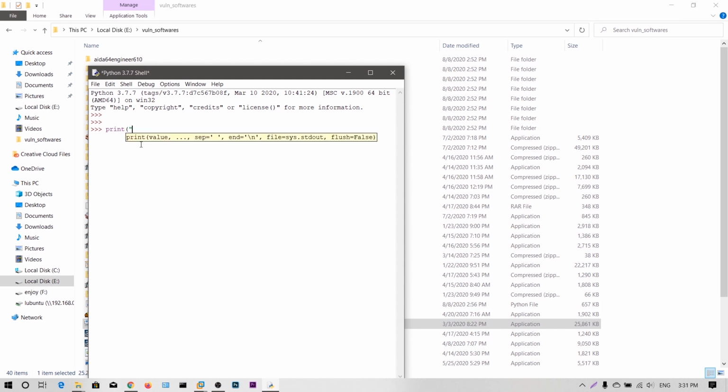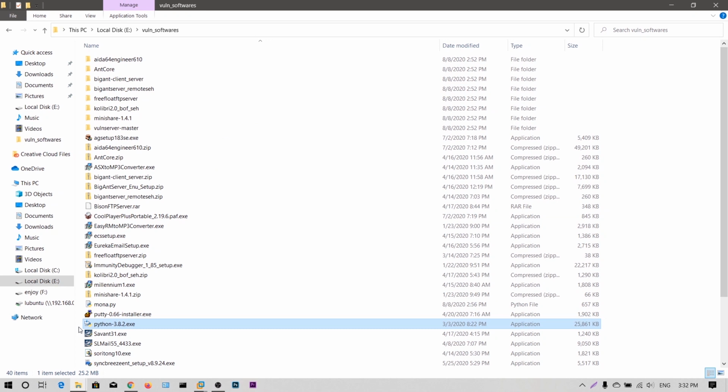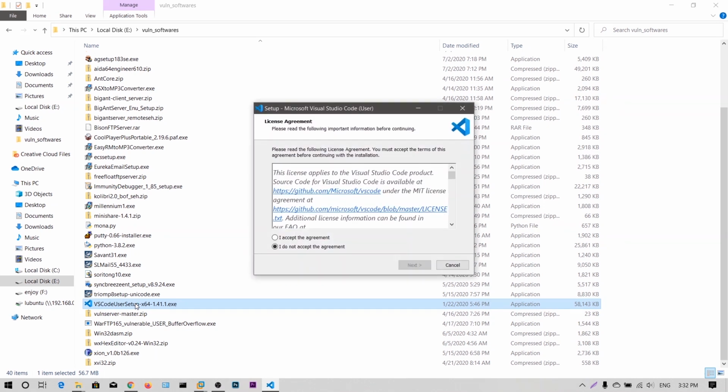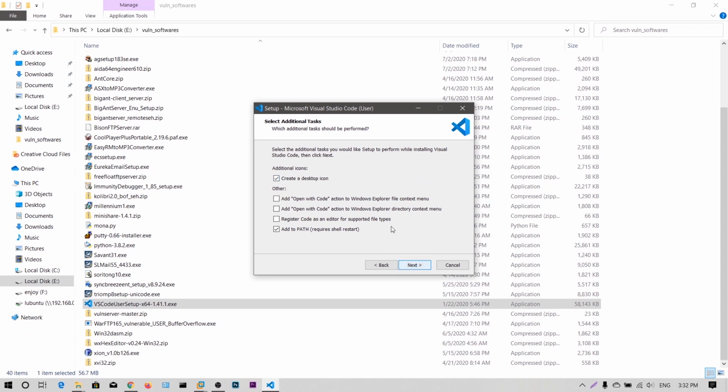You can now execute commands here, and you can also open a Python file and write to it. But I want you to install this Visual Studio Code text editor. This is a very nice text editor and it supports syntax highlighting and suggestions. I highly recommend you to install it.